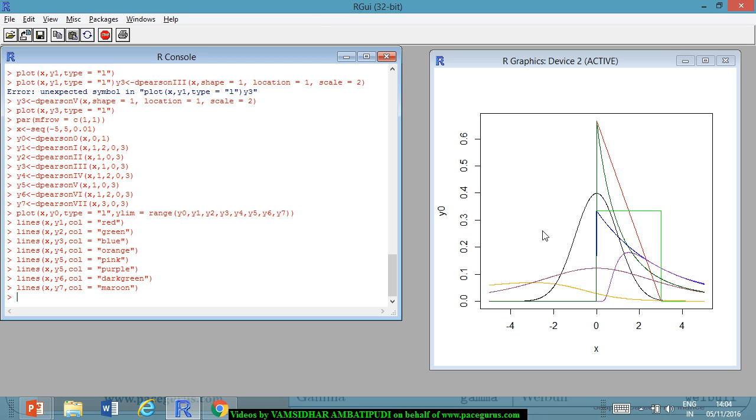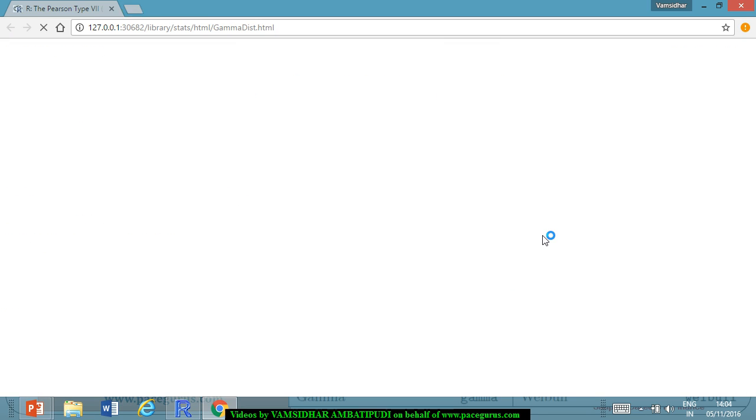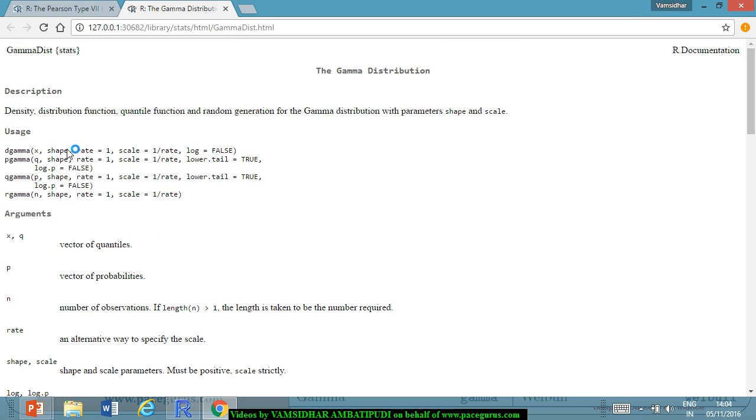We want dgamma. So let me see what this dgamma function typically contains. You see here again, density distribution, it's there as a part of the base stats package itself. It gives me density, distribution, quantile and random number for the gamma distribution, where a shape and a scale are provided,